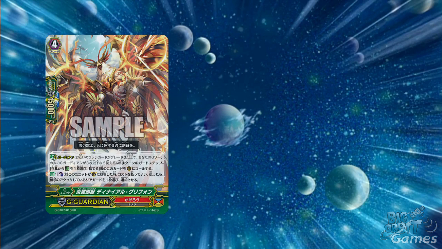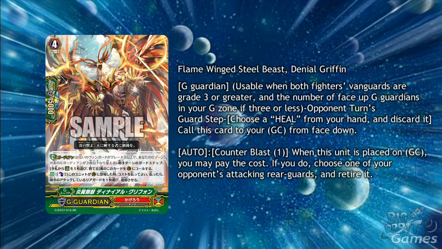Kagura also get a new G unit with Flame Winged Steel Beast, Denial Griffin. With a Counterblast 1 when he's placed on the Guardian Circle, you can retire an opponent's attacking rearguard. So this will stop all the Silent Tom clones coming for you and Regale columns, and will also give you